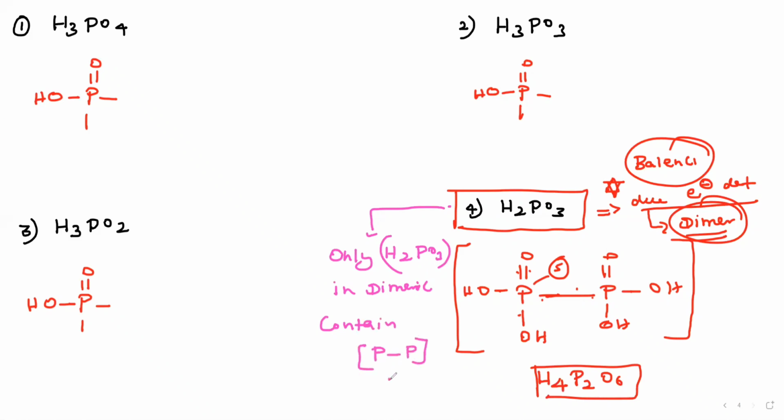Okay, in the oxyacids, PP bond. No other oxyacid has a PP bond. If a question is asked, the answer is definitely H4P2O6; only this one has a PP bond. How many PP bonds? Equal to 1. Any other oxyacid of phosphorus does not have a PP bond. Very important point from the exam point of view, you can note it.